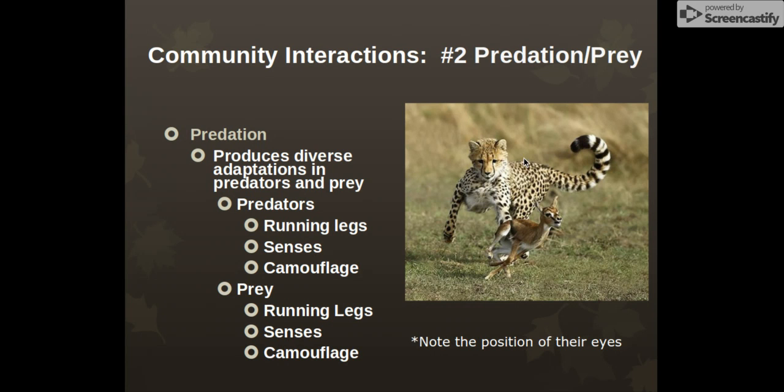If we look at this cheetah and this antelope here, the cheetah's eyes are on the front of its face, because as it's chasing down prey, it's going to focus directly in front of it. Okay? Now, this is a little bit different within our antelope or impala here, where its eyes are more on the side. And so it can get a better vision around it to try and get a better sense of where the predators are.